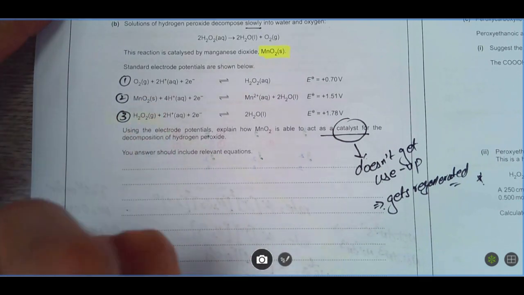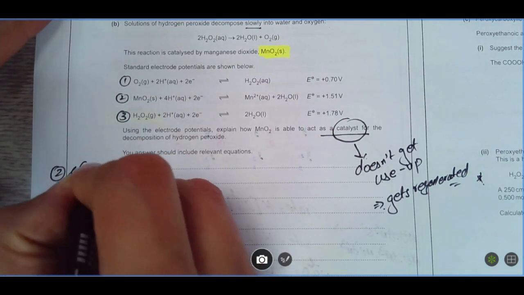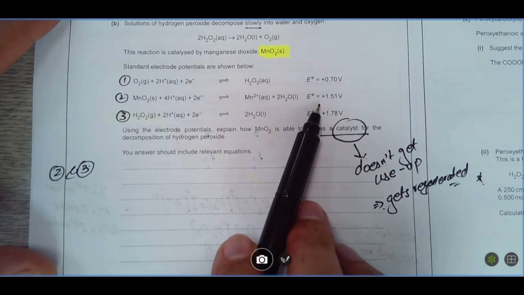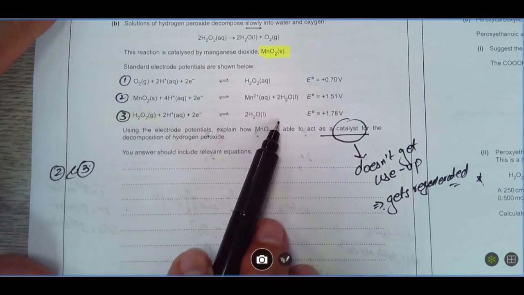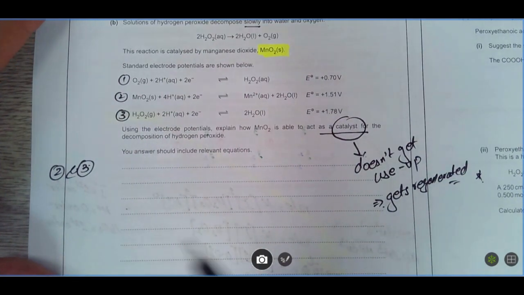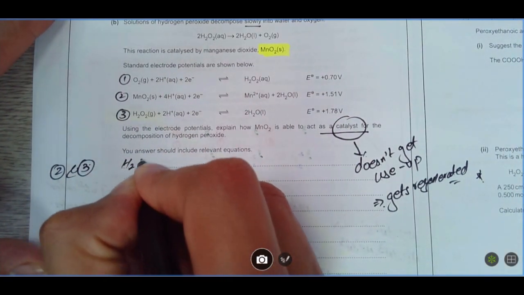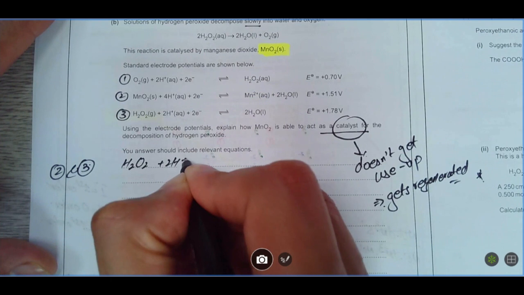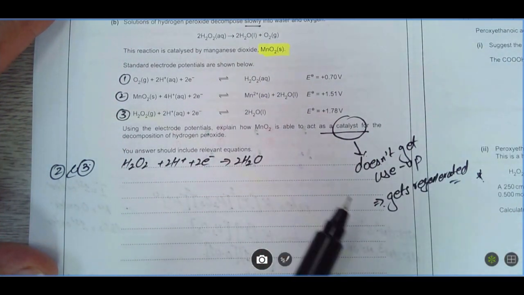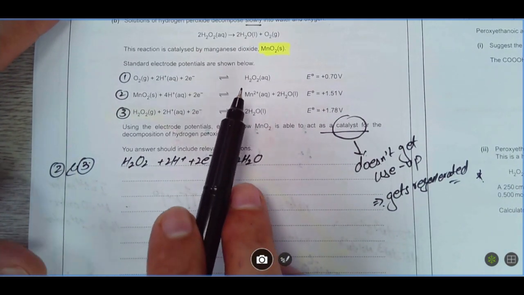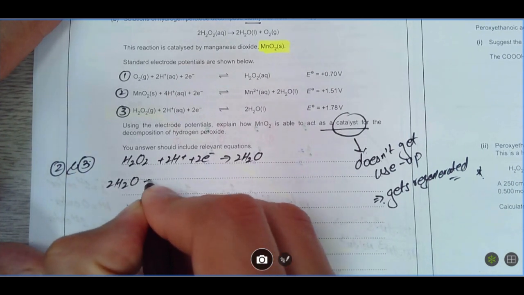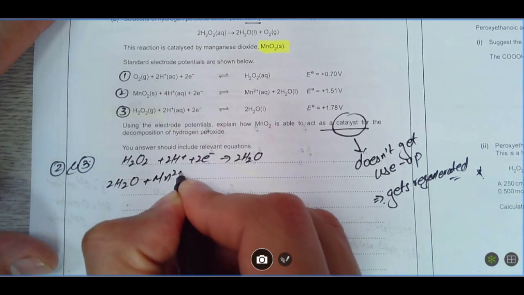If I look at equations 2 and 3, what happens in this case? This one has a bigger electrode potential. This equation has a smaller electrode potential. So I can say this will go in the forward direction, this will go in the backward. Agreed? So I can rewrite these equations as H2O2 plus 2H positive plus 2e minus giving 2H2O. And I can then say the top equation can be written in the reverse order, so it will be 2H2O plus Mn2 plus,